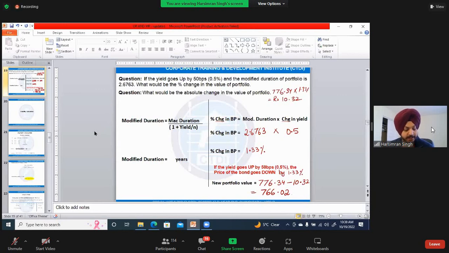I linked everything. Sir, is there no class tomorrow? मैंने कब कहा? When did I say? Day after tomorrow बोला सर आपने. Sir, tomorrow I will finish market risk. Day after tomorrow I will start with Basel. Oh God.